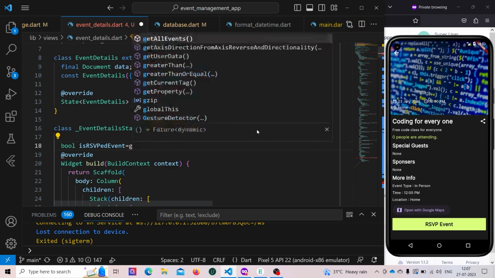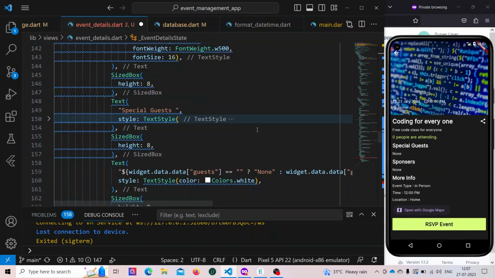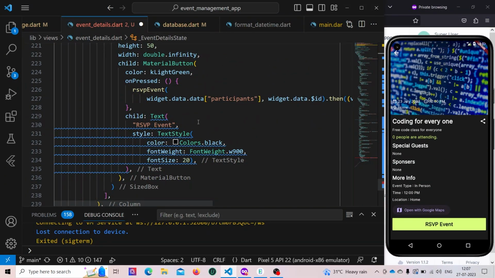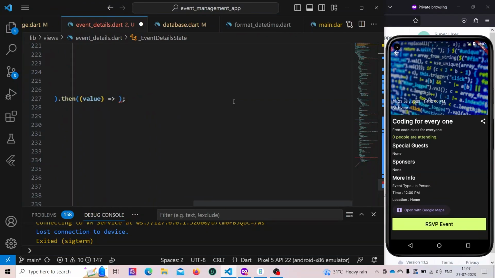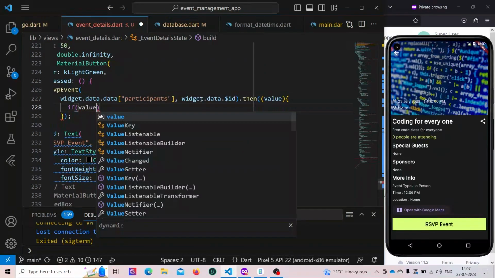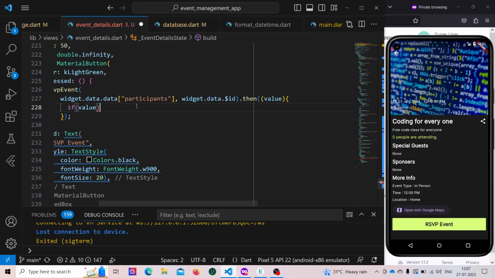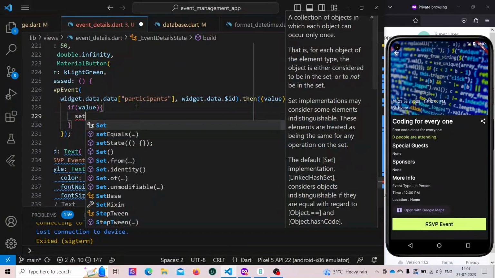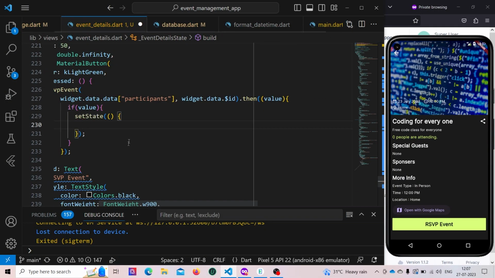It will be false, and when we have successfully RSVP'd that event, like here, we are going to check if value is true, then we are going to set state and we will change is RSVP to true,